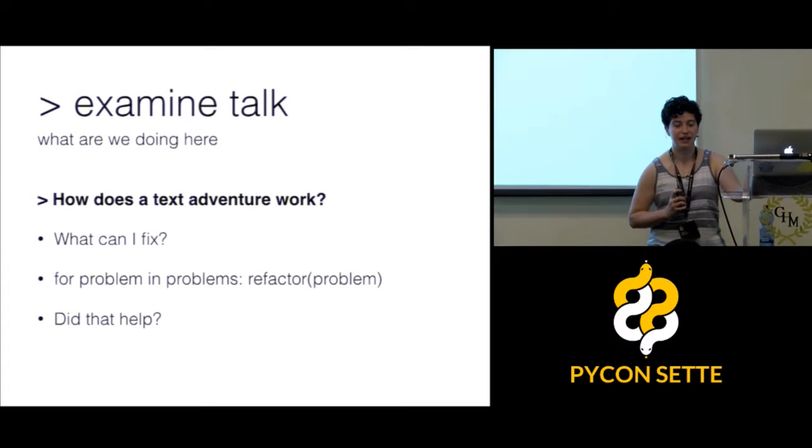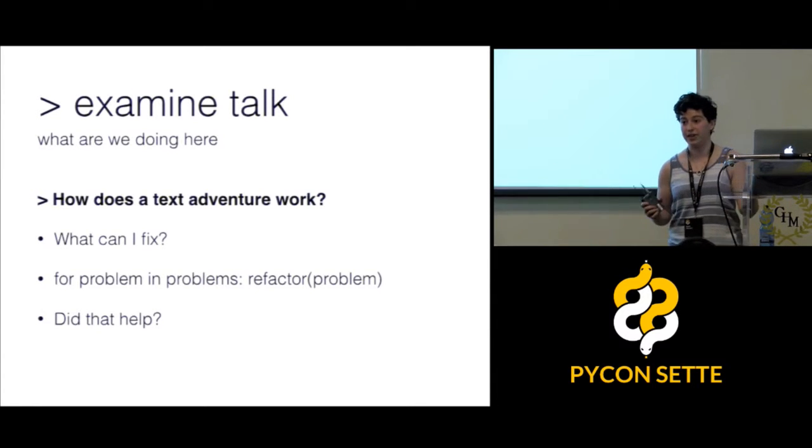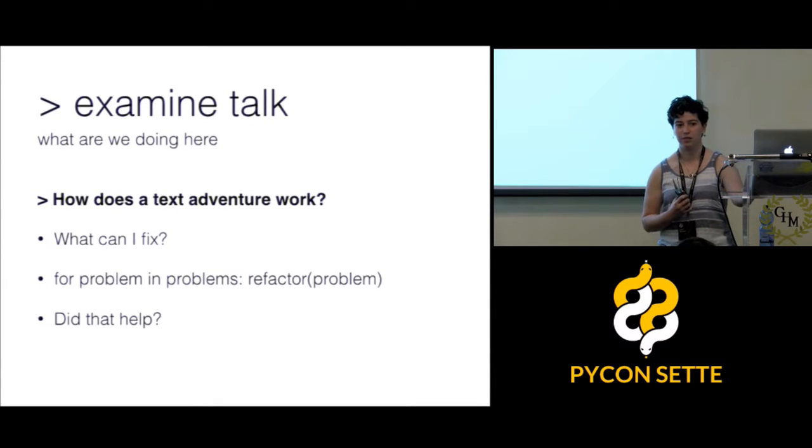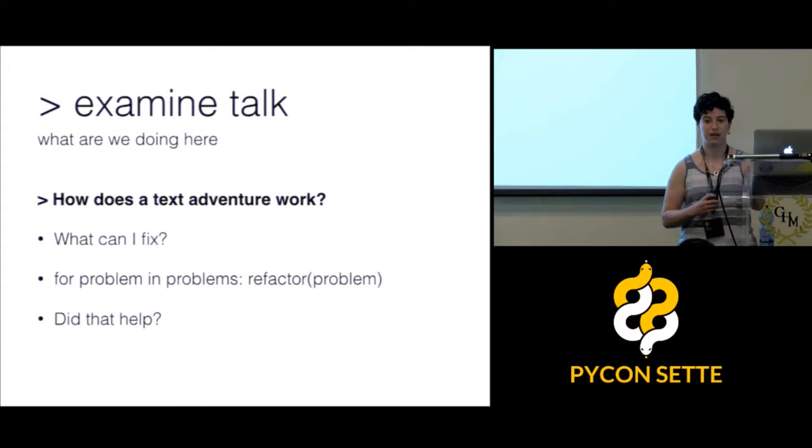So in case you're not familiar, a text adventure is a game that has text-only input and text-only output. There's a slew of classic ones from the 70s and 80s, like Colossal Cave Adventure and Zork. There's a Hitchhiker's Guide text adventure that's really good. So in the summer of 2013, I wrote my own Harry Potter-themed text adventure game. And I intend this talk to be essentially a retrospective of how I've been changing it and improving it ever since. So the details are going to be game-specific, and specifically text adventure game-specific, but I hopefully have some useful thoughts about redesigning code in general.